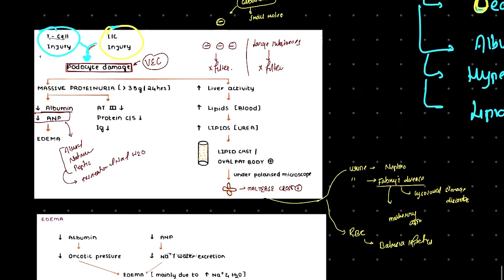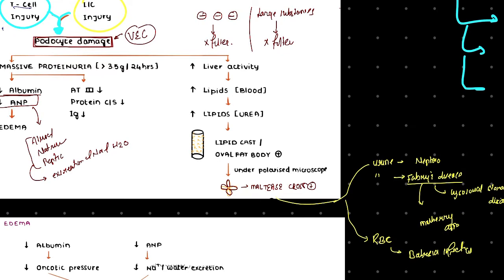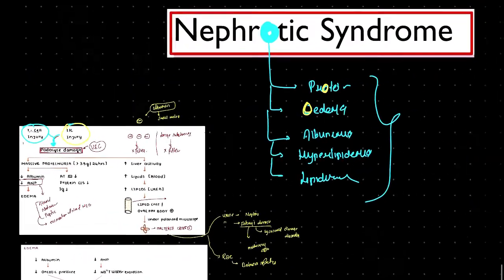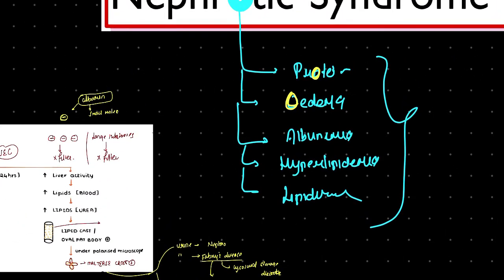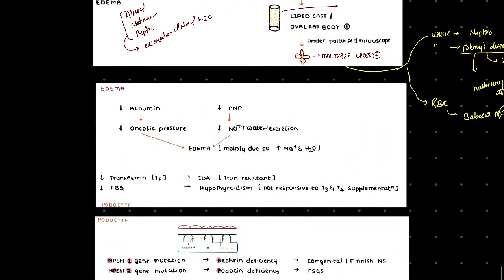As we have said, there will be excretion of lipid in urine, and that we were calling lipiduria, right? So we talked about lipiduria also. Now let us move again right here. We talked about proteinuria, edema, albuminuria, hyperlipidemia and lipiduria. So these are the things; moving further in detail, the thing that we need to discuss right now is